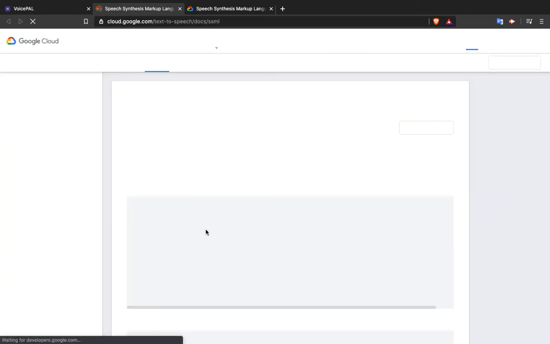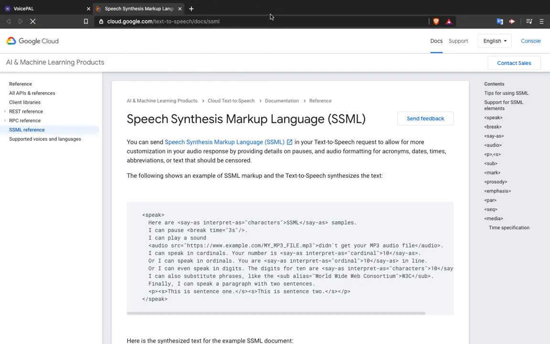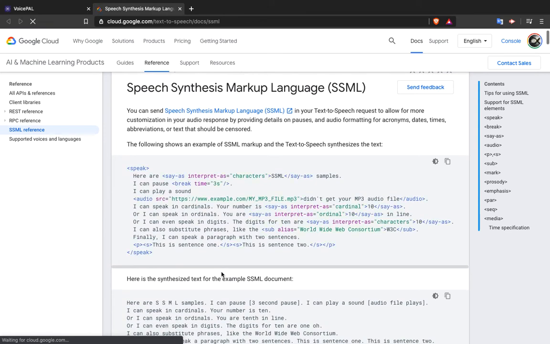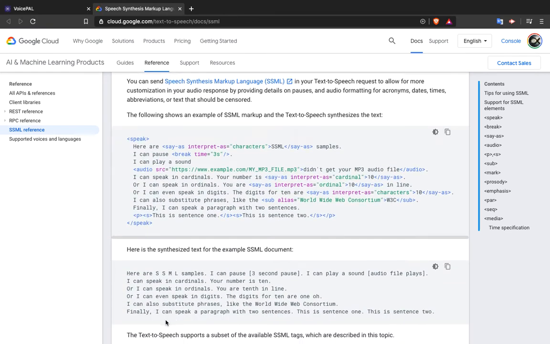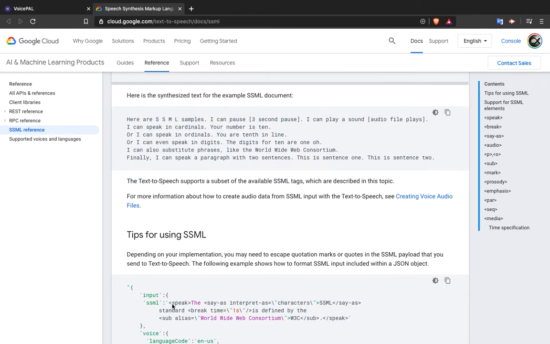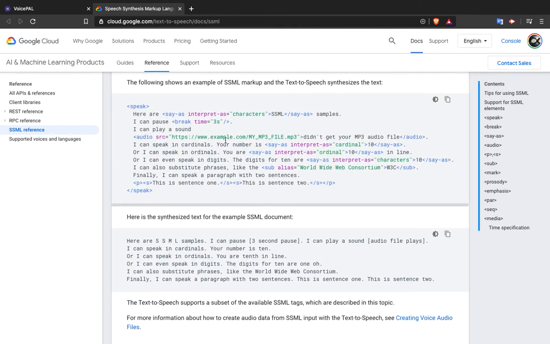If you click on that particular text, it will redirect to this file. Now let's talk about SSML. If you go through this document, you will see this example is provided here.